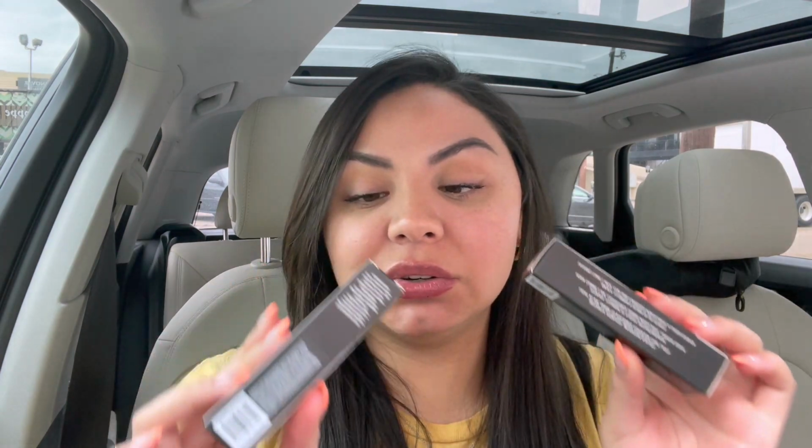Okay, let me show you guys what I bought. So I got two of the Bright Fix concealers in the shade Peach 09 and Crepe 04. So those are the two shades that I purchased. Let me just show you really quick what else I got because of course I cannot just get one thing